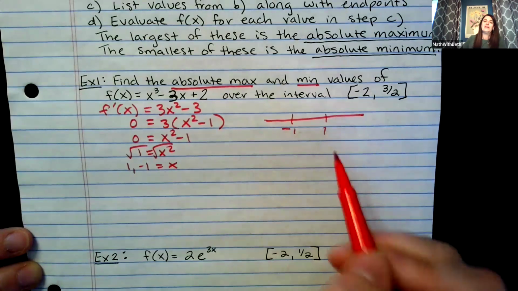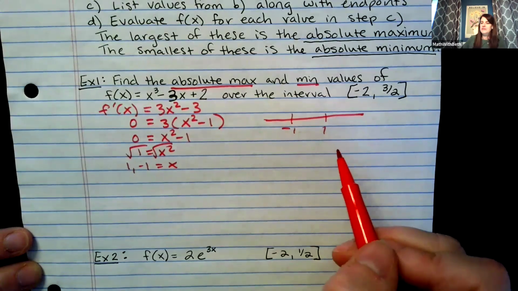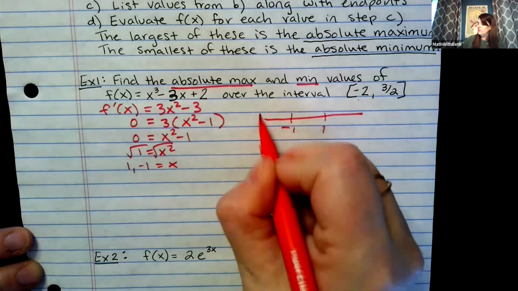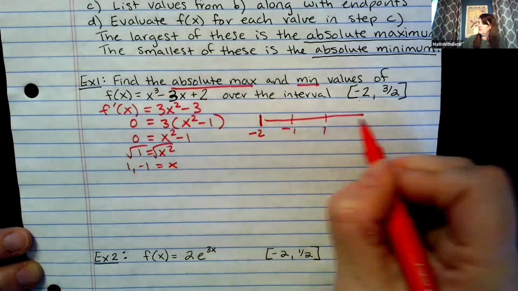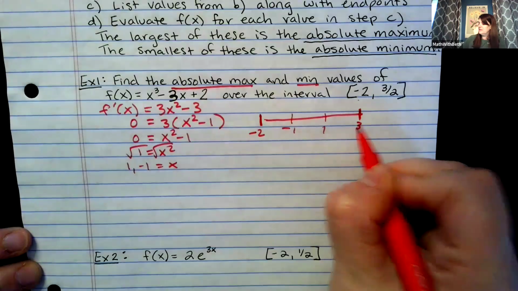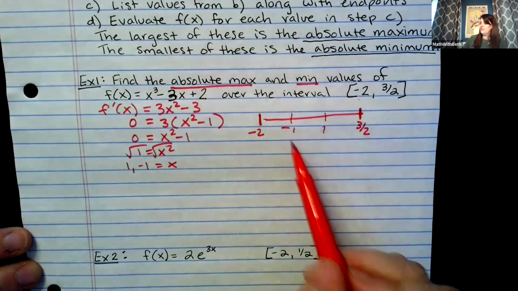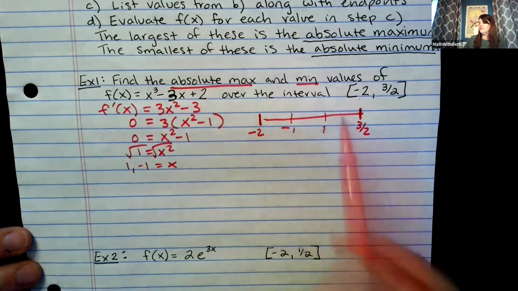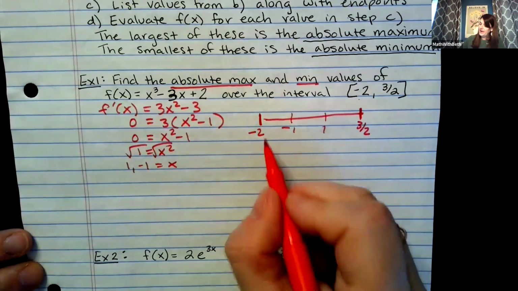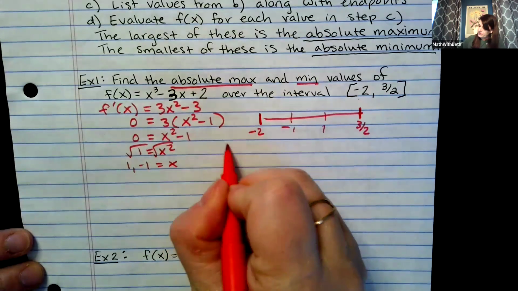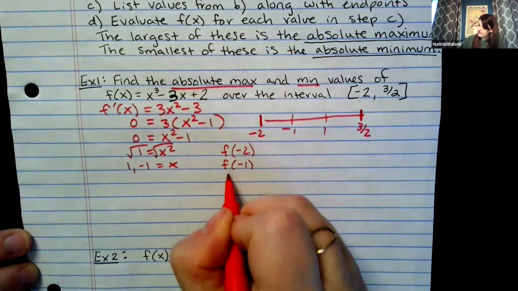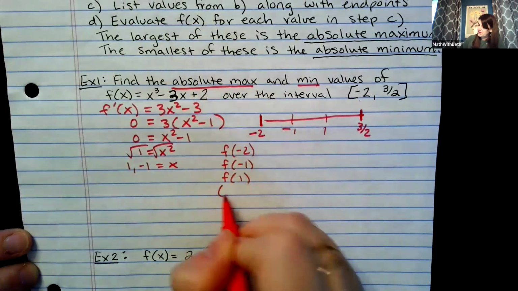-1 and 1 are possibly min or maxes, but then remember we're on this closed interval that starts at -2 and ends at 3/2. So if one of these critical points wasn't even in this section between -2 and 3/2, I wouldn't even worry about it. But now I'm going to take each one of those and plug each of those numbers into the original function to see